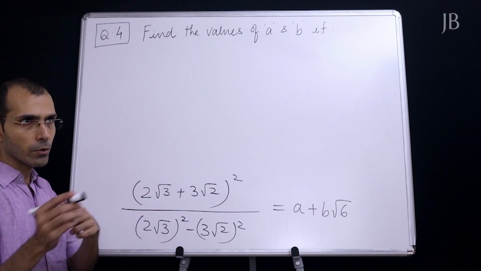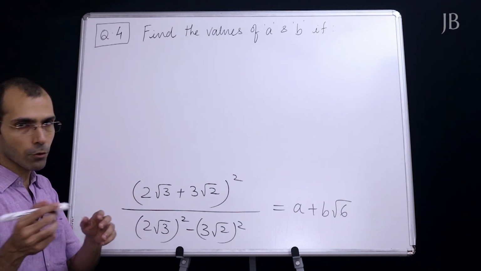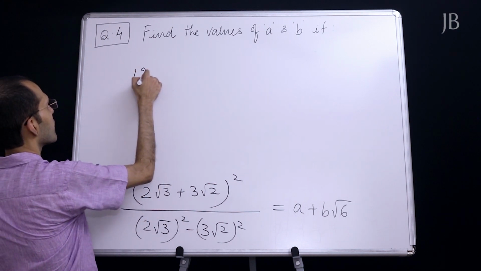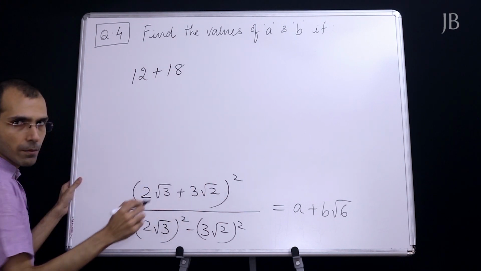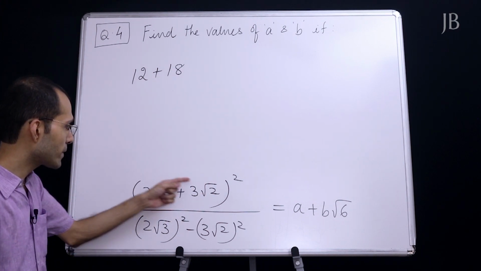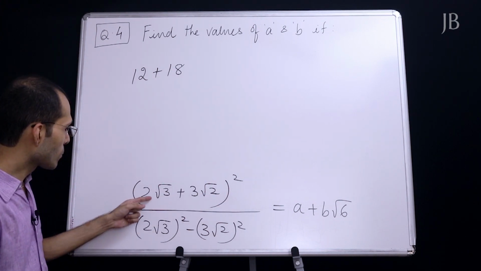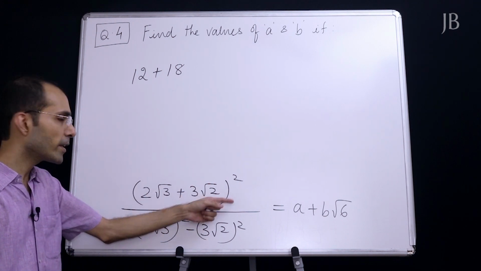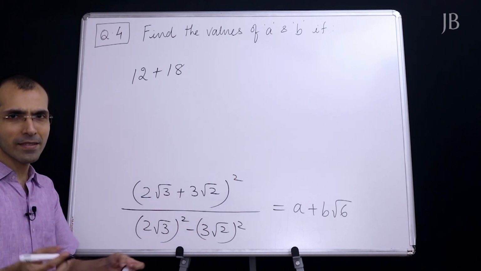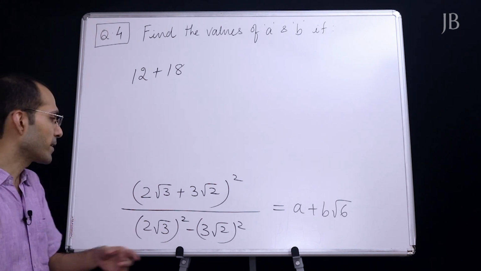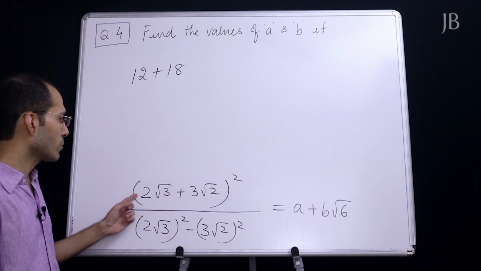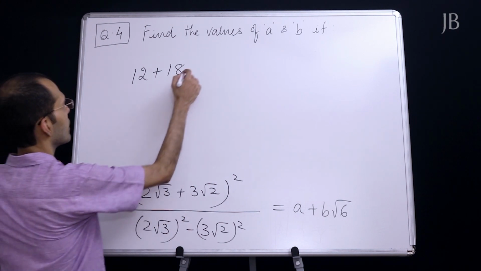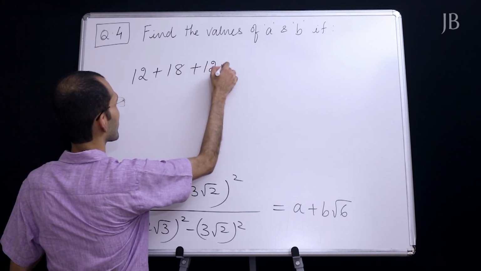How much? 2 into 2, 4, root 3 into root 3, 3. 4 into 3, 12. 12 plus 18. Whenever we square, terms are always positive. Then first term into second term into 2. So 2 root 3 into 3 root 2 into 2. You can do it in the rough work column and see if you are not able to do it mentally. No problem. 2 root 3 into 3 root 2 into 2. So 2 into 3, 6, 12. That would be plus 12 root 6